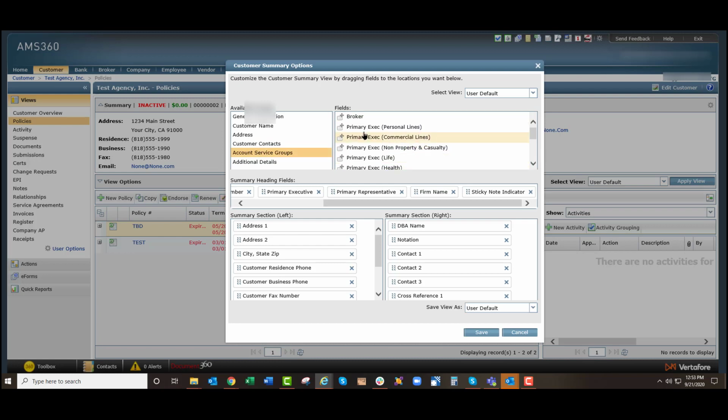Service groups. Maybe I'm using service groups or I have brokers involved. Maybe I want that broker there. So I'll put the broker in. I'll put him right there. Those are the other fields that are available for the other sides if you're using those groups. Then additional details. I'm going to pull the additional details in, and I'm going to tell it that I